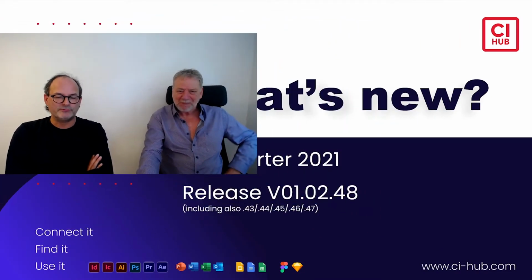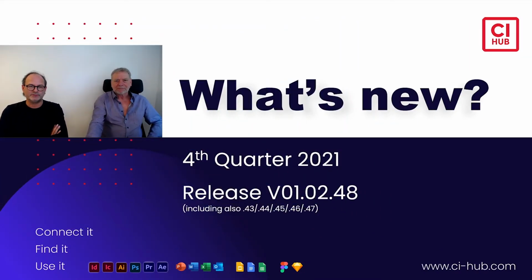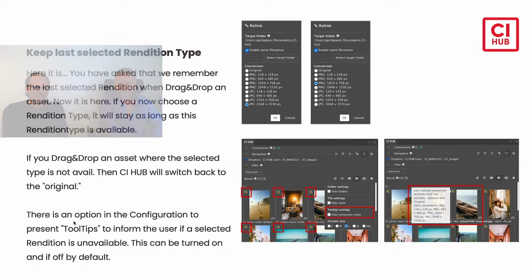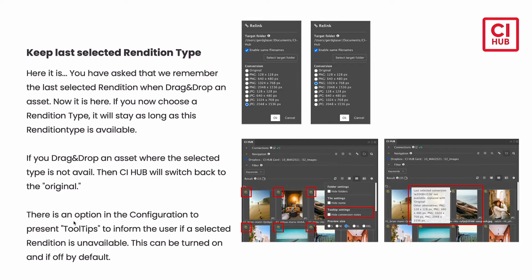So let's walk through the features which we want to present. We actually would like to start with a feature which was really heavily requested. It's keep the last rendition type. With keep the last rendition type,